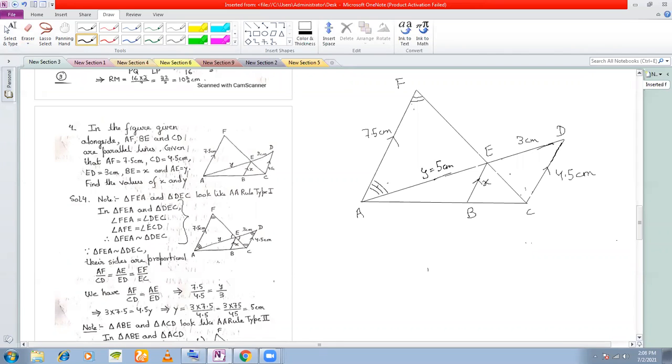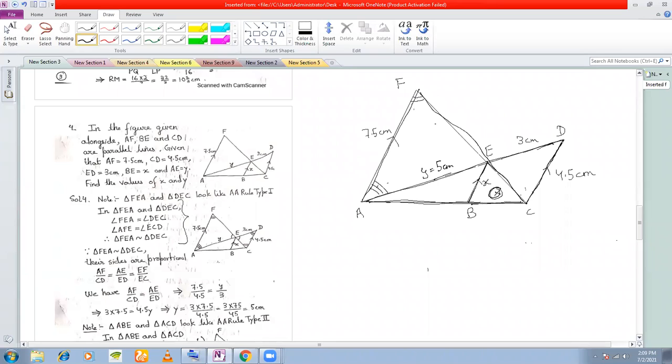Now, to find out the value of x, you need to identify which triangle to prove similar. Now see, we have x here, right? This is the side of this triangle clearly. Now this small triangle here can be similar to this triangle, right? Or there's another possibility that it can be similar to this triangle also, right? Now the question is, which triangle will you choose? It depends on the sides of the triangle that are given.